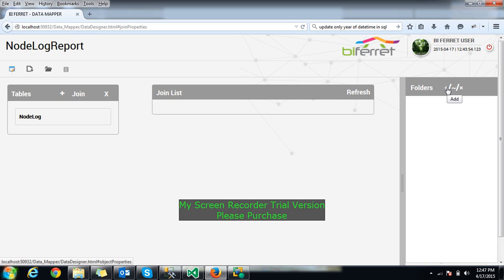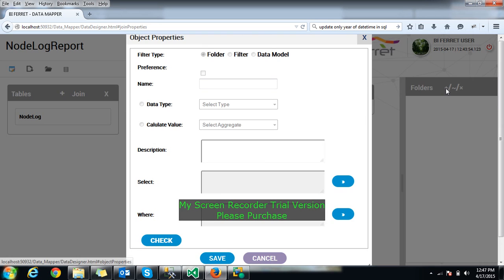If the folder portion is blank and I click on add, then I can select only folder. Here I cannot select any data model or filter. So I'm just giving a name for my folder, sample folder,